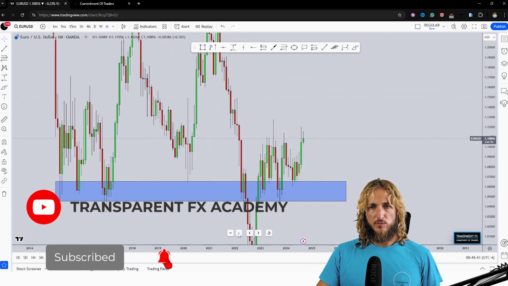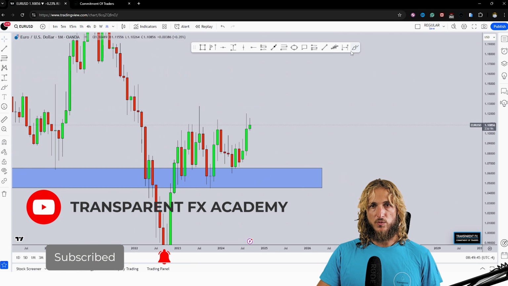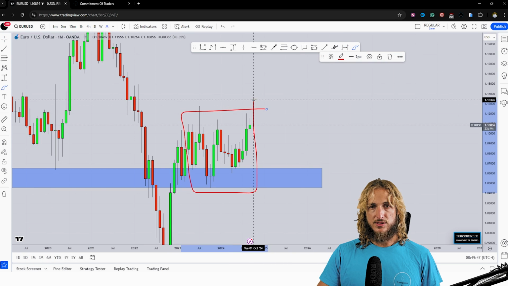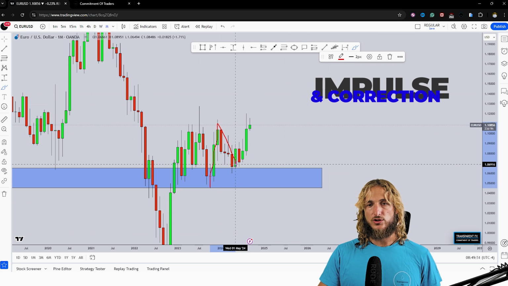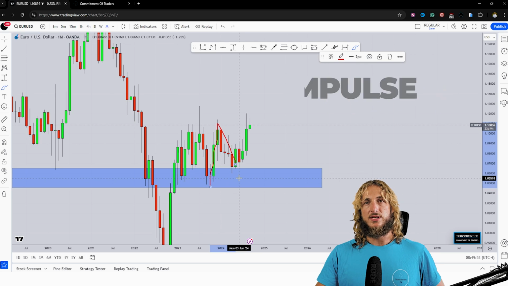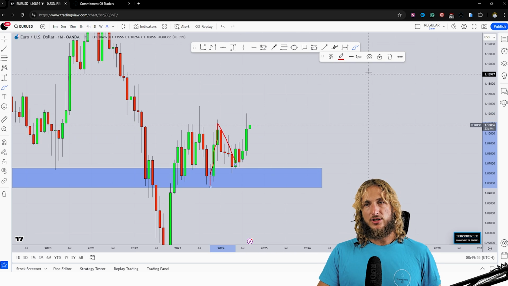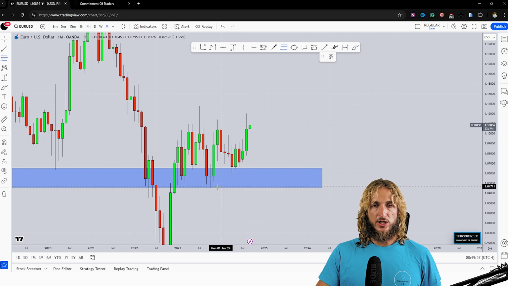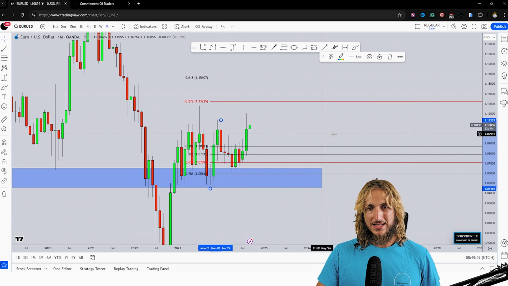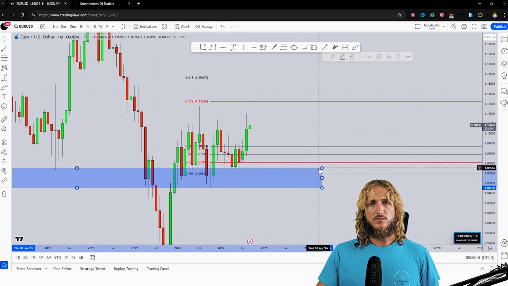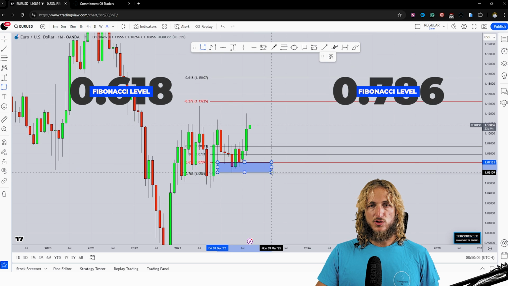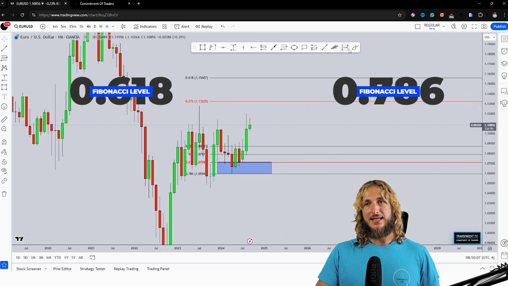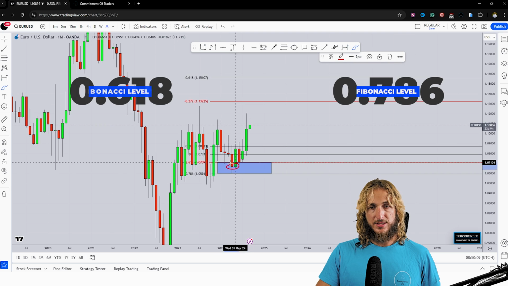So if we look at the most recent price action, so essentially what has been happening around this zone, what we can notice is that we have a clear impulse followed by a correction. Now, in general, when you have an impulse and a correction, if you want to measure the correction, you have to take your Fibonacci from the low to the high of the impulse leg. And this shows us how essentially we have the 0.618 and 0.786 that are lining up perfectly with this zone,